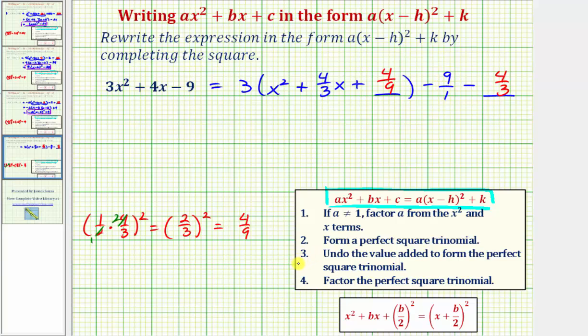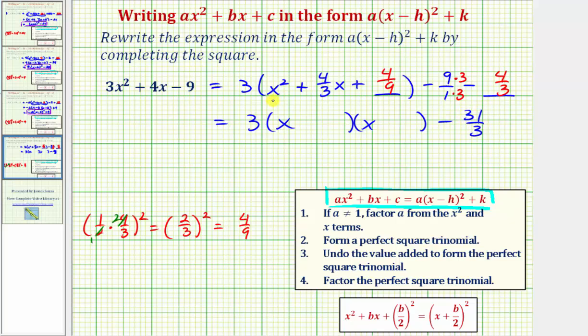So we just completed step 3. We're on the last step. We want to factor the perfect square trinomial here and also find this difference. So we'll have 3 times, we'll have 2 equal binomial factors because we have a perfect square trinomial. And then to find this difference here, notice how the common denominator is going to be 3. So let's multiply 9/1 by 3/3. So here we have negative 27/3 minus 4/3, which will be negative 31/3. So we'll have minus